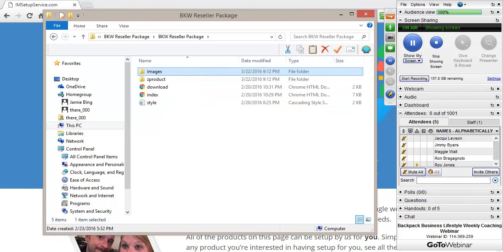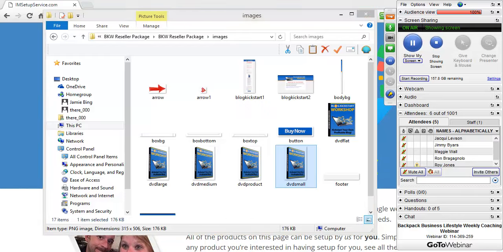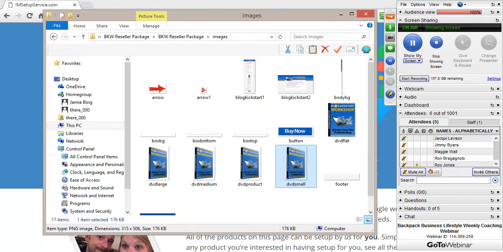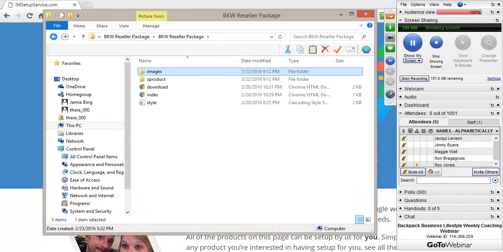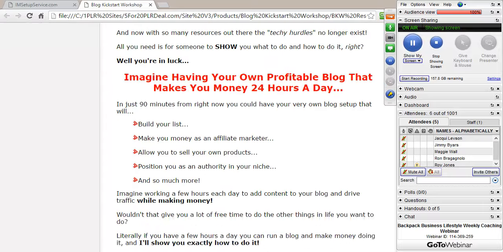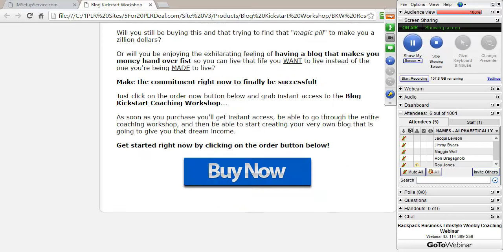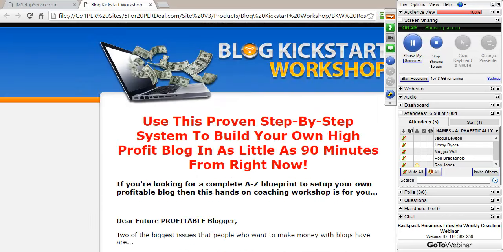All right, so with a graphics package, you should get the image of the product. You should be able to get an index page. Of course, yours won't have the copy formatted on it. I don't currently have any graphics on my main computer. I don't have my hard drive around. I'd show you guys a graphics package that I have. But you should be able to get the header, the footer, this whole thing, and the image for around